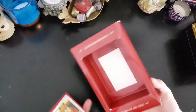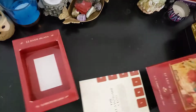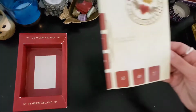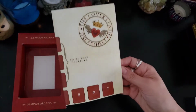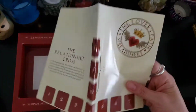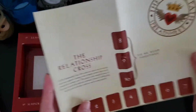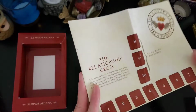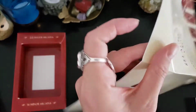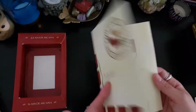So we're looking at the Lover's Path Tarot, and I'm just going to show you. It comes with this spreadsheet that has different readings. So this could be fun. I feel like this is the kind of deck that anyone could have in their collection and be really happy with, and you just kind of pull it out for fun if you're not big into reading, and you can do one of these spreads with your friends,